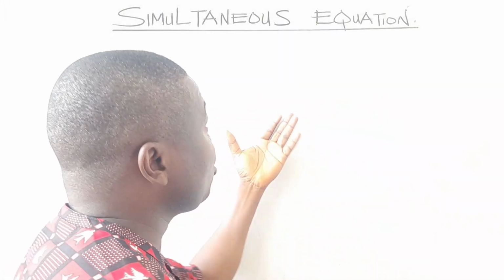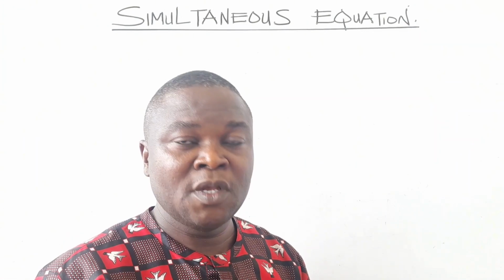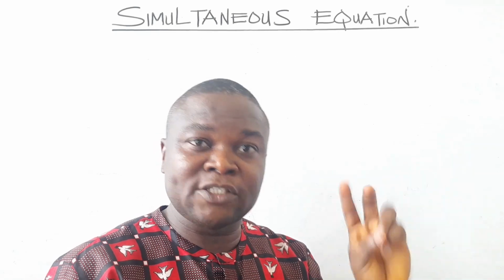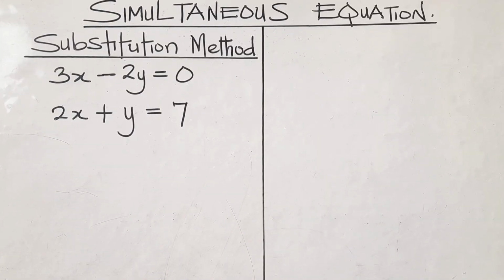Now, in simultaneous equations, we are going to look at how to get these unknowns. We're going to look at just two methods. Now, let's look at these simultaneous equations. We're looking at the